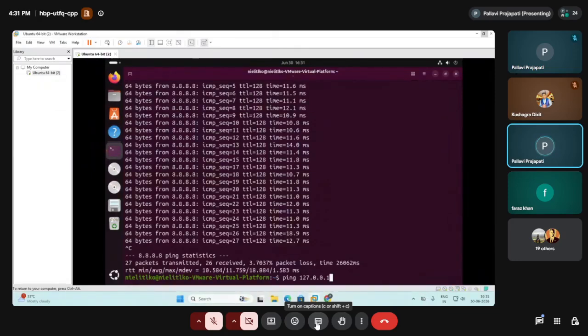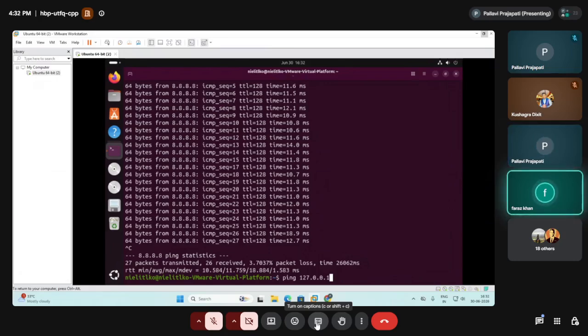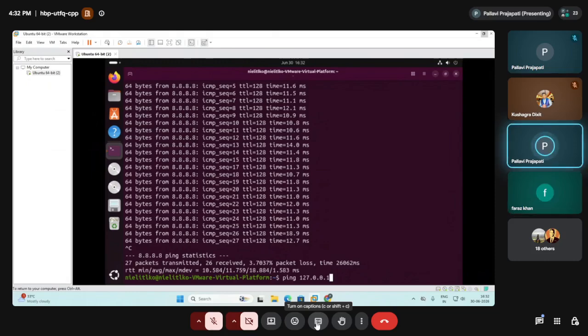This is a loopback IP, for testing purposes. It is a test address. The second thing is the NIC card IP, the LAN card IP. Here you can say it is a loopback address.